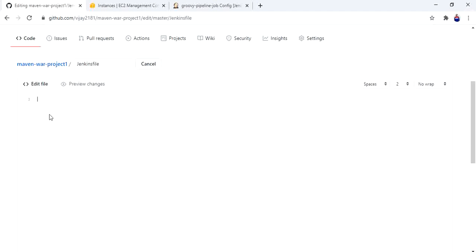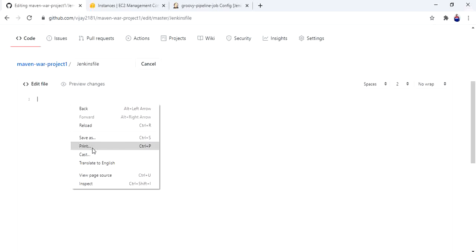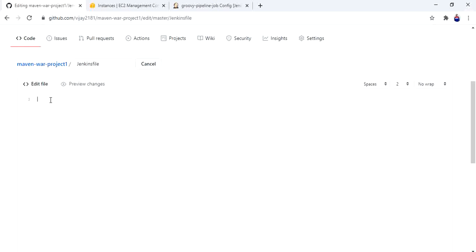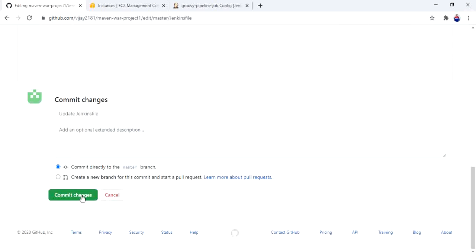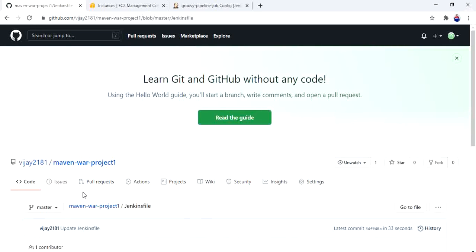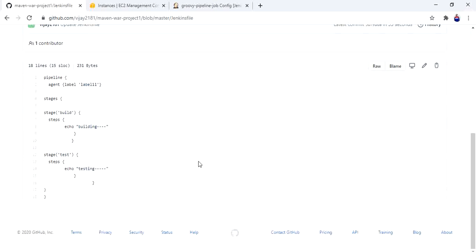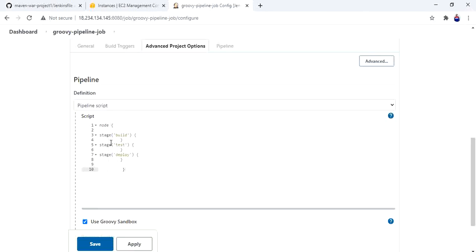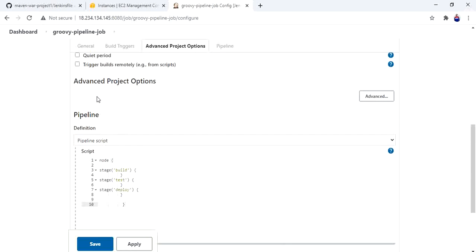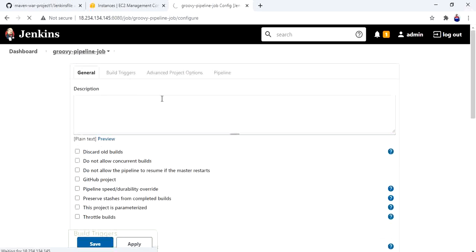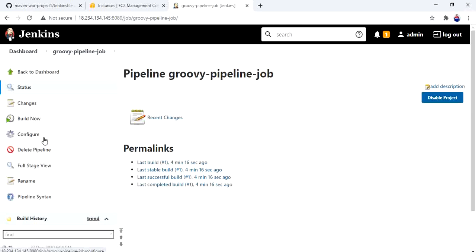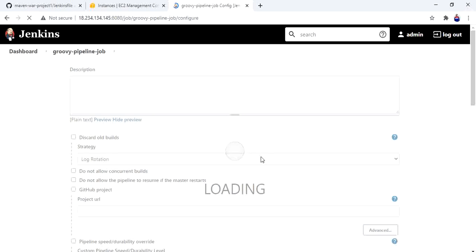Copy, go to my Jenkins file, paste. See, you can see that syntax. Now commit the changes. Go to my pipeline, configure. Guys, pay attention.